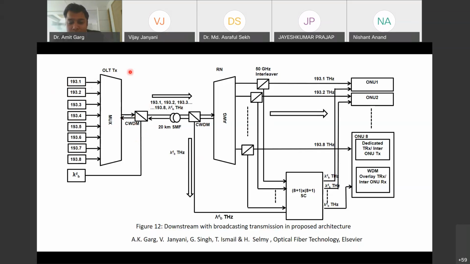So if the signals coming in are on one side of that 20 nanometer, that will be at this point, and another signal that is 20 nanometer far, the broadcast, is coming from here. So this CWDM is again used for multiplexing these signals. At this point we have the DWDM signals, and at this point we have the broadcast wavelength. And then the function of the demultiplexer for the closely spaced signals.